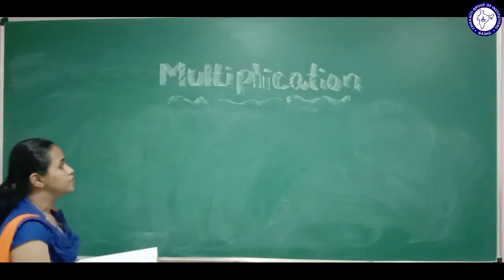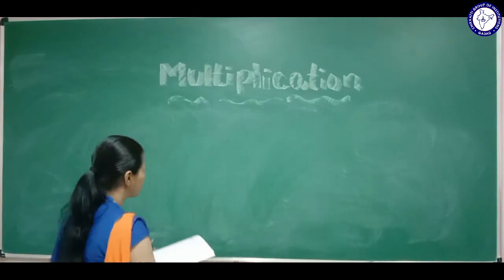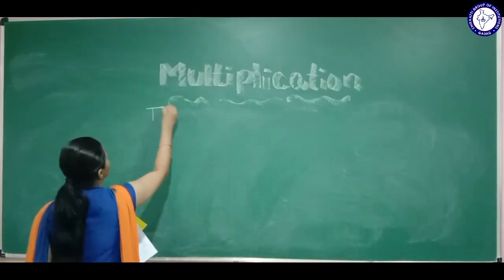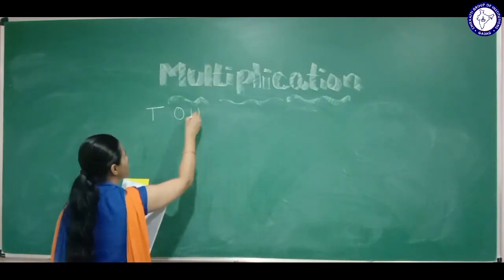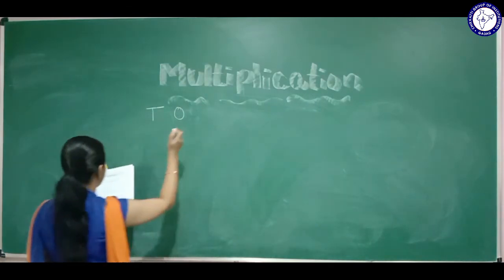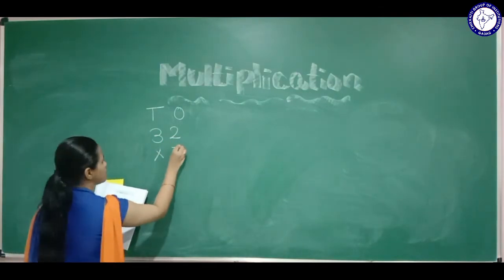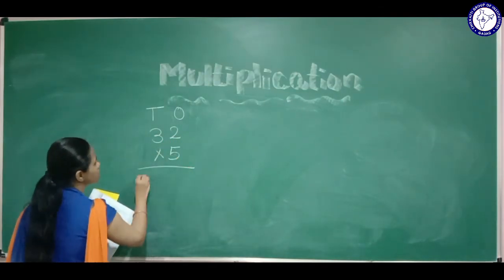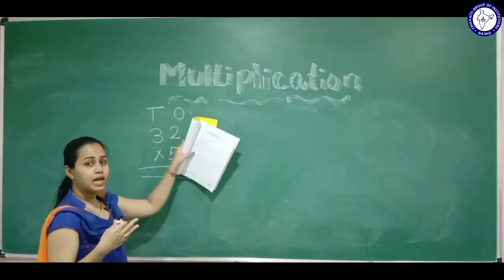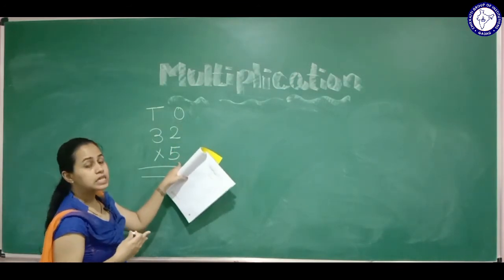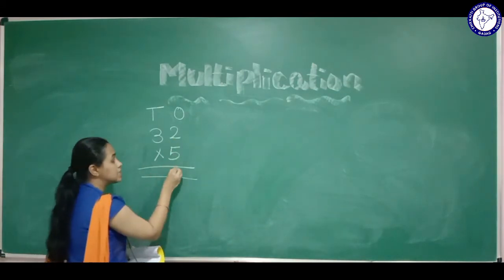So before, the 11 is the same number. So here we got tens or ones, or the unit place. U is unit, O is ones, so I'll just write O only, ones place. So here 5, okay? So here 32 into 5. So we should multiply this 32 how many times? 5 times, okay? So 5 twos are 10, right?